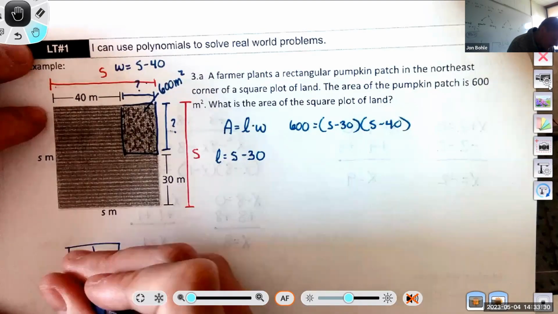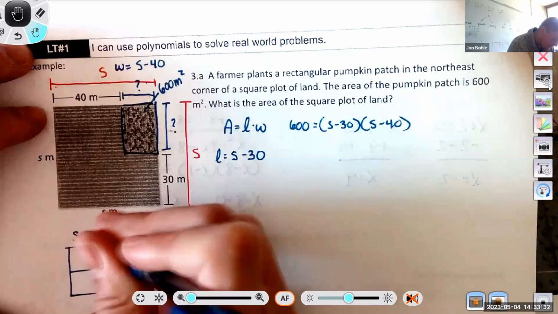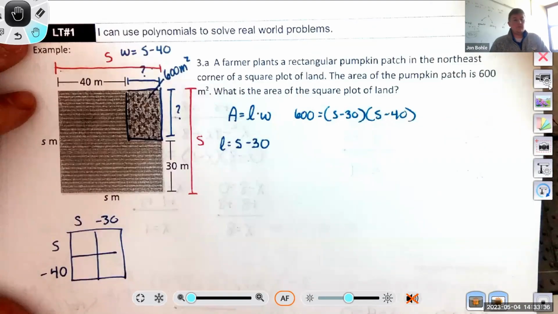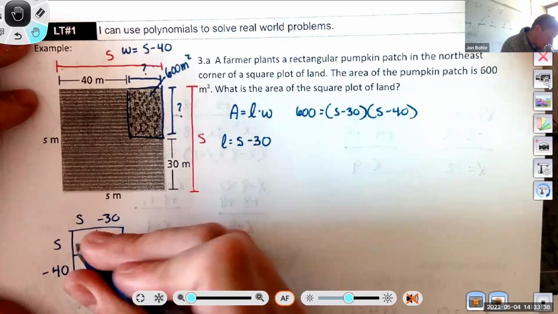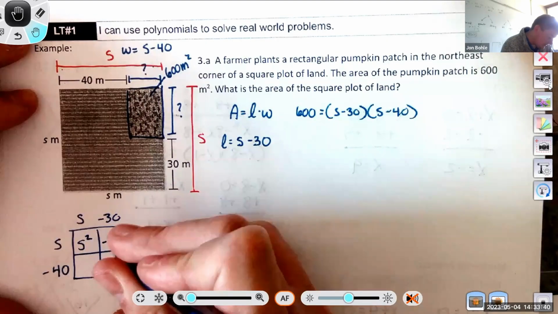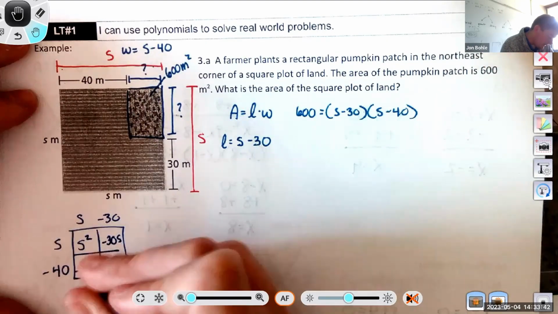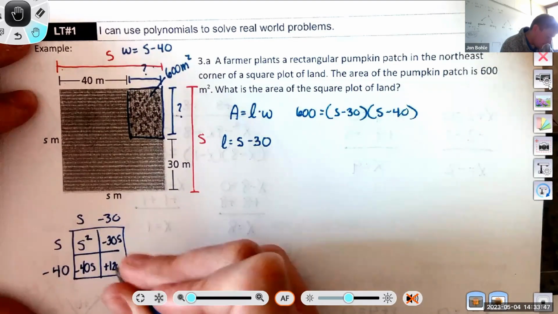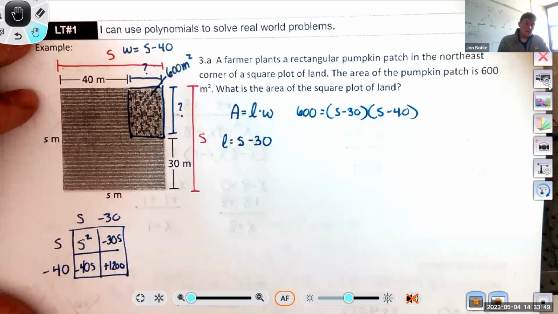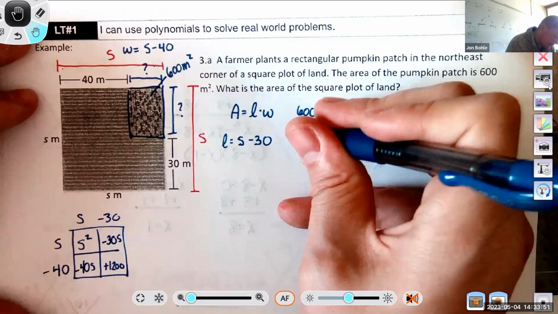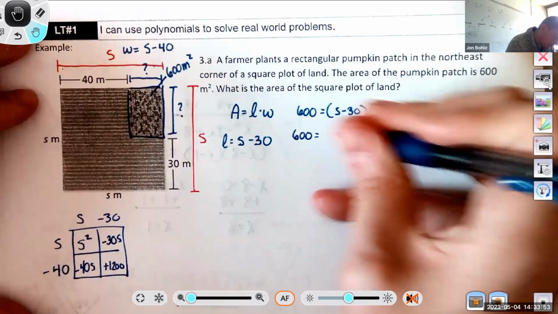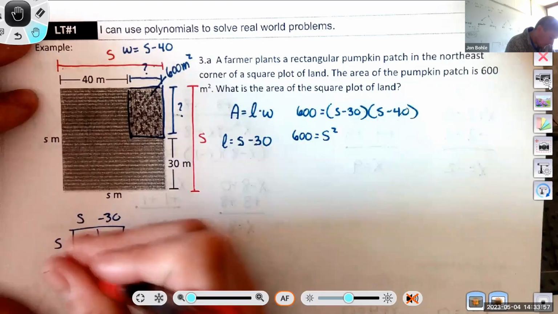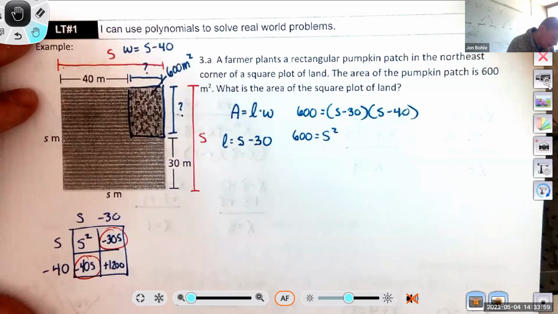Okay, so we need to multiply S minus 30 and S minus 40. Okay, a little bit of algebra off on the side. This is going to be S squared. This is going to be minus 30S. This is going to be minus 40S. And this is going to be positive 1200. So I have 600 is equal to S squared, and then these parts combine together into negative 70S